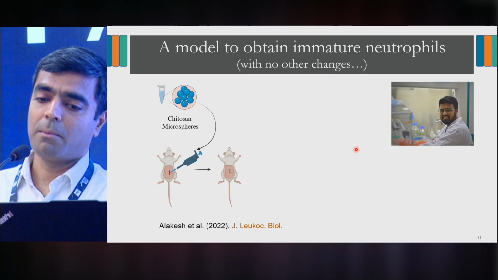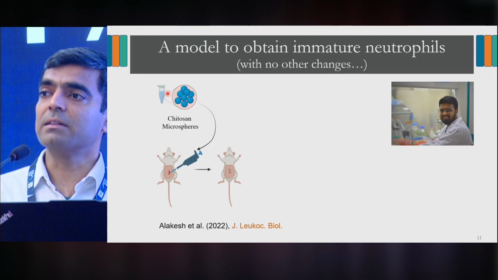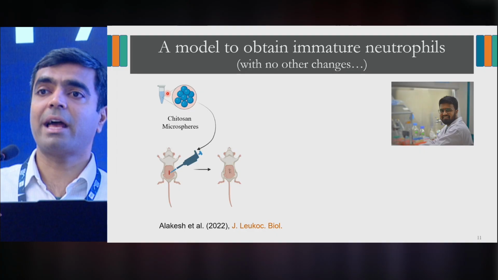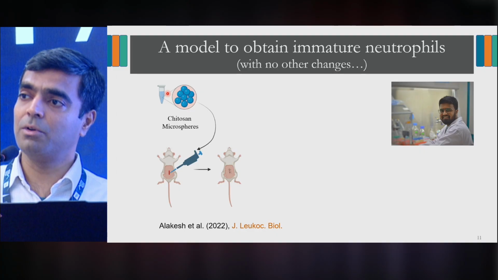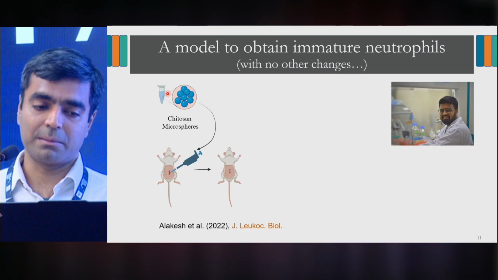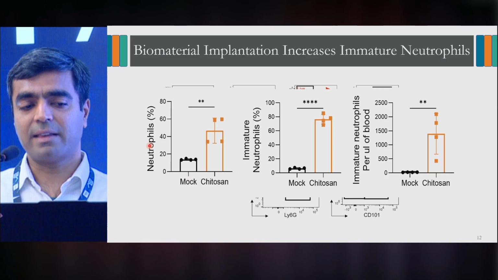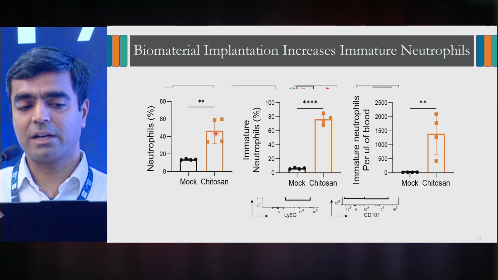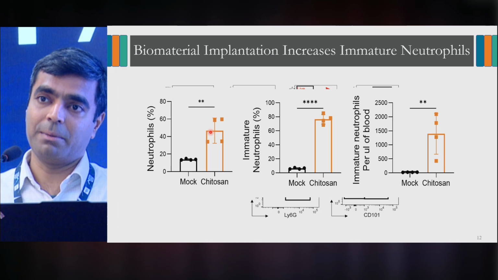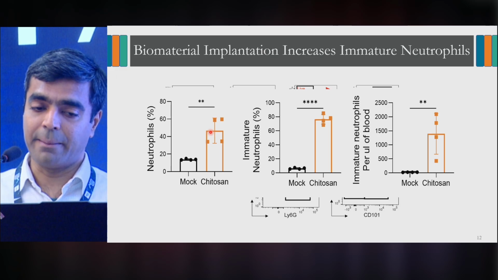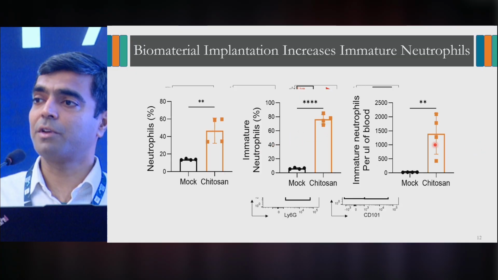We developed a model, by a PhD student in the lab, Alkesh, who is now graduated, basically using biomaterials. These biomaterials are sterile materials that do not have any other features that will cause activation of immune responses except for the innate immune responses and specifically only neutrophils and monocytes. So what we show using various flow cytometry means, and I'm not going to go into the details, is the same thing. The number of neutrophils in circulation increases similar to type 2 diabetes in this mouse model. These are wild type mice with diabetic implants. Nothing else is changing in these mice. We've studied them.